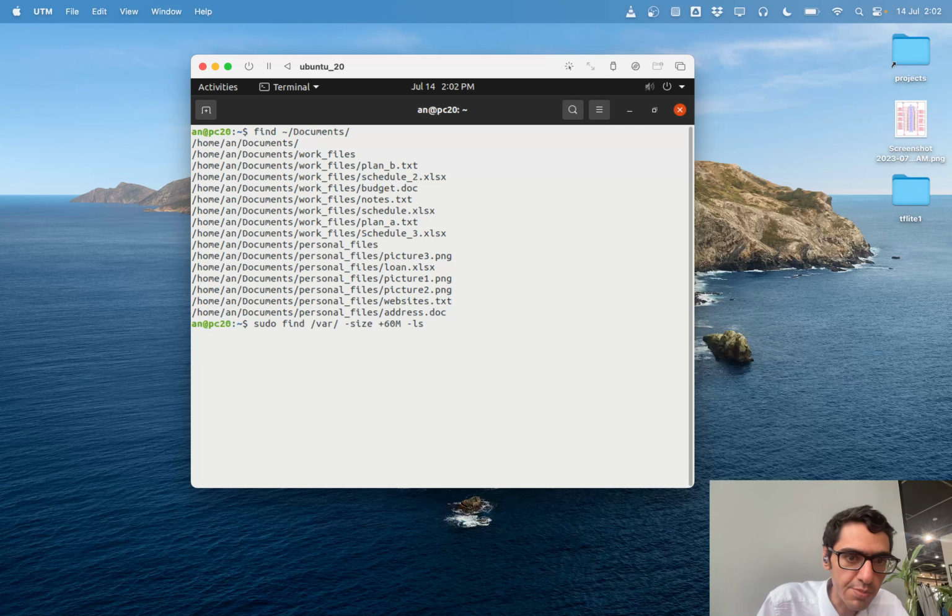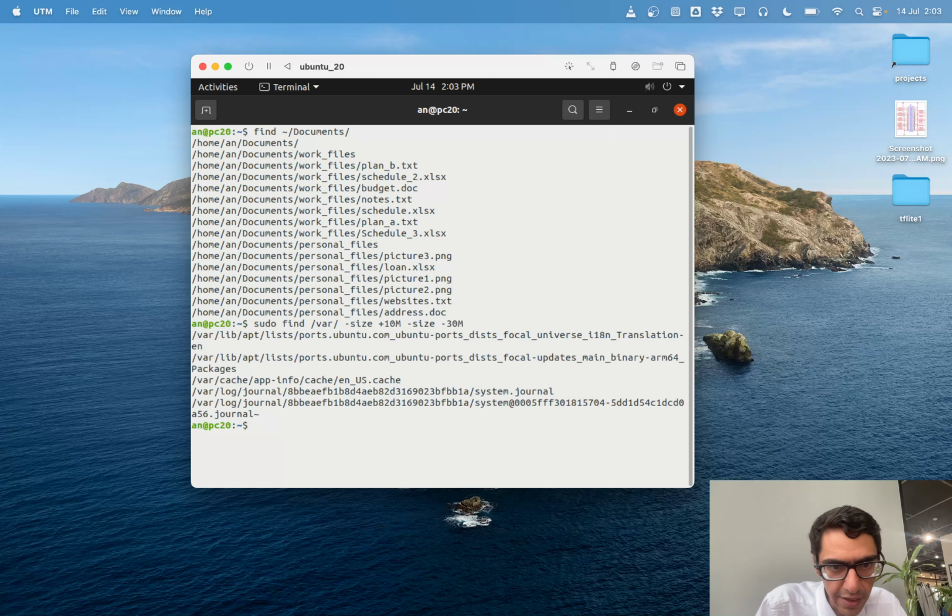If I, for example, specify that it has to be bigger than 10 MB, but smaller than 30 MB, for example. I just need to mention the size flag multiple times, and then mention bigger than, that means plus 10, smaller than minus 30, and then I have a range of size, and then I can hit enter. It will find all the files that match this criteria, and if I want to check actually if these files match this criteria, all I need to do is copy this directory